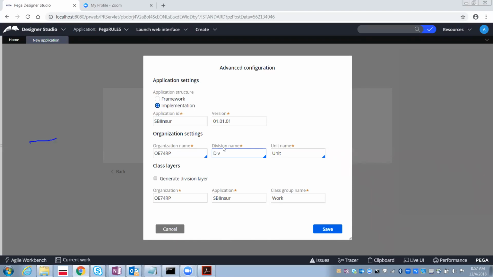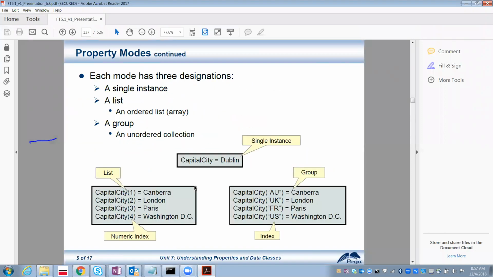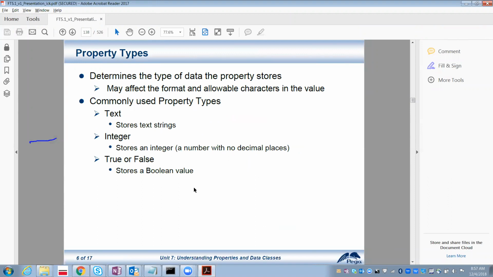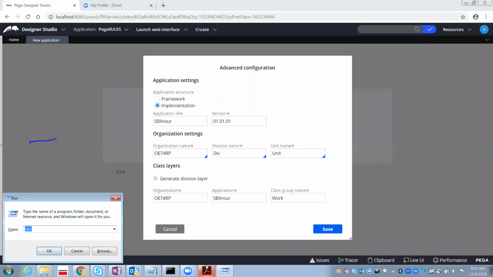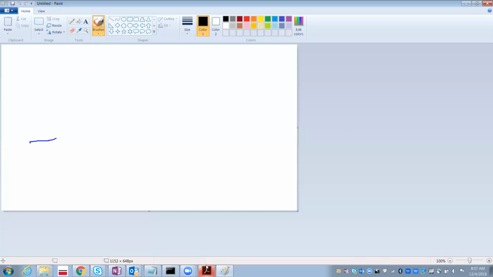So guys, do you remember what is framework and implementation? Any guess? Any idea? In my initial class, I told you there are some predefined Pega frameworks available based on the industry or domain.